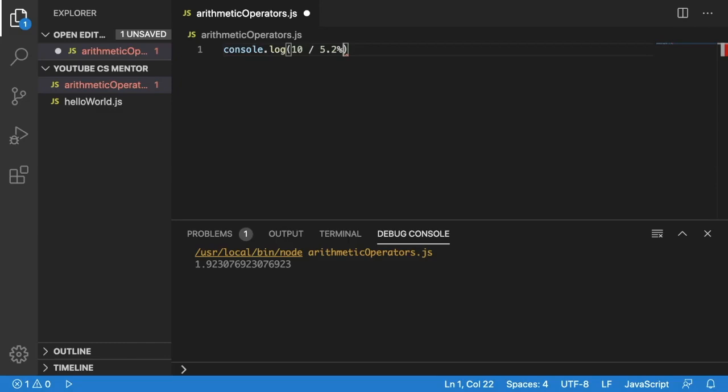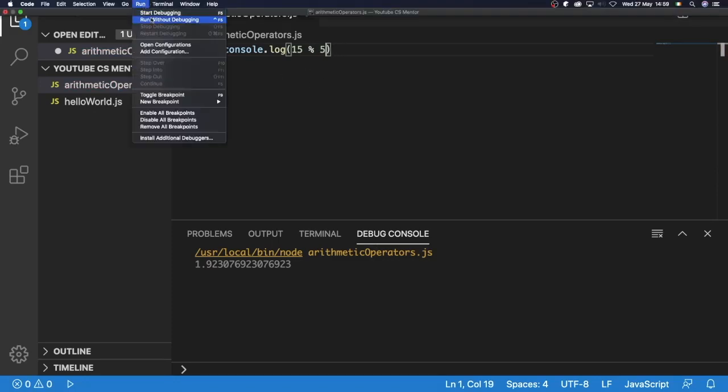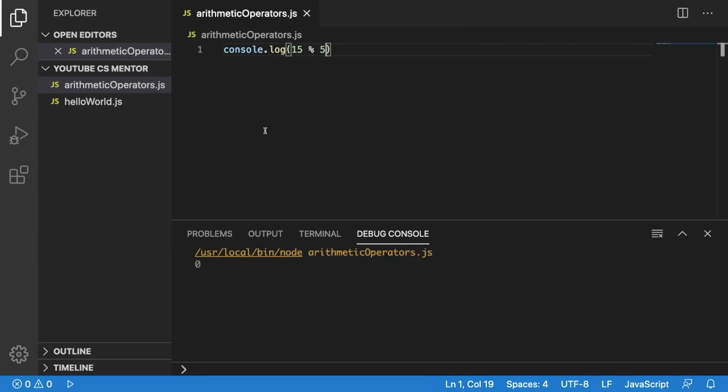Okay, so we're going to just get rid of this, and we're going to pick two numbers again. We're going to pick maybe 15, and then we're going to pick modulo and then 5, and we're going to run this and see what our output is. So if we go up here and we hit run, and then we go run without debugging, we can see 0,